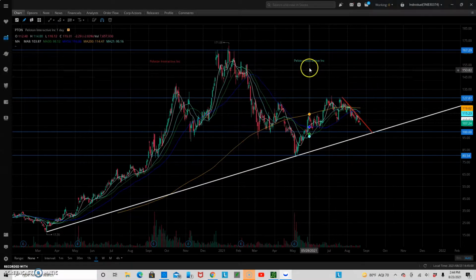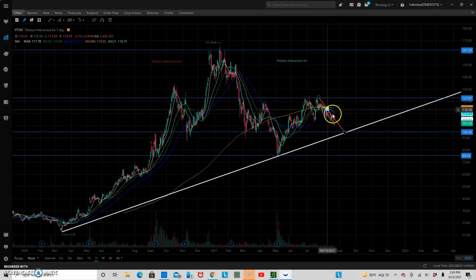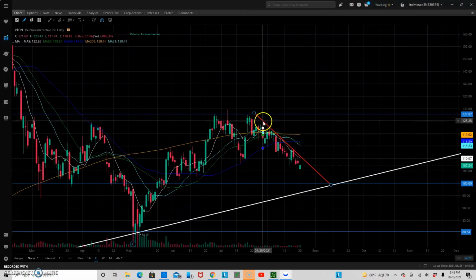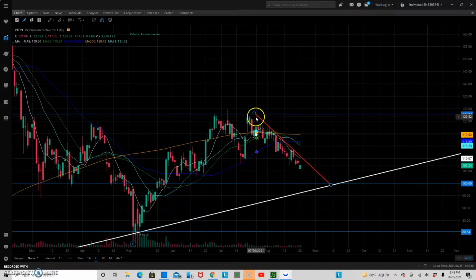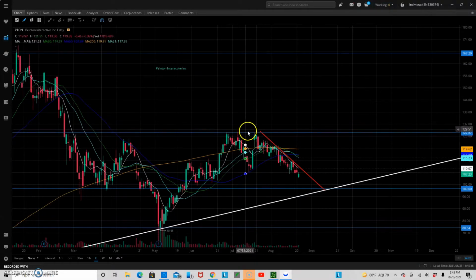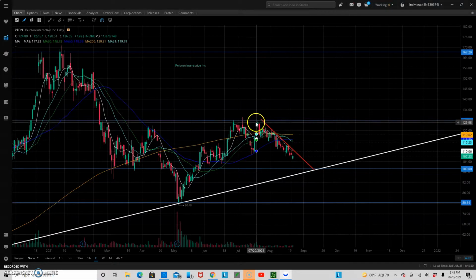So we're going to be watching this going forward here. As you can see, we are in a downtrend from my chart. Let me zoom in for you. You can see this red line is representing a downtrend that we've been in since around July here. In the middle of July, we hit this resistance point, and ever since then, we've been slowly selling off along this